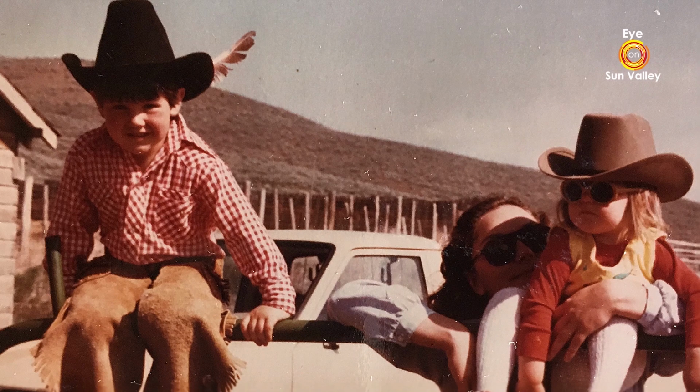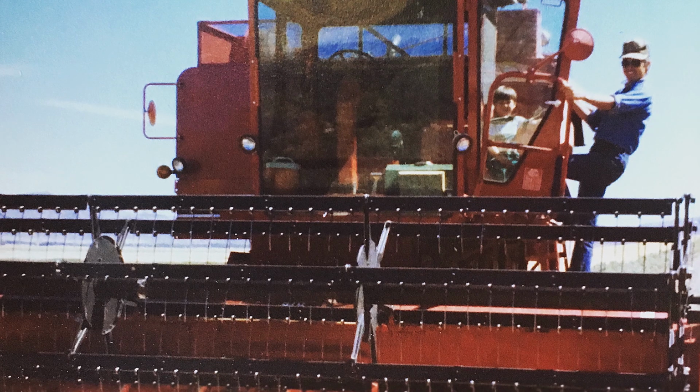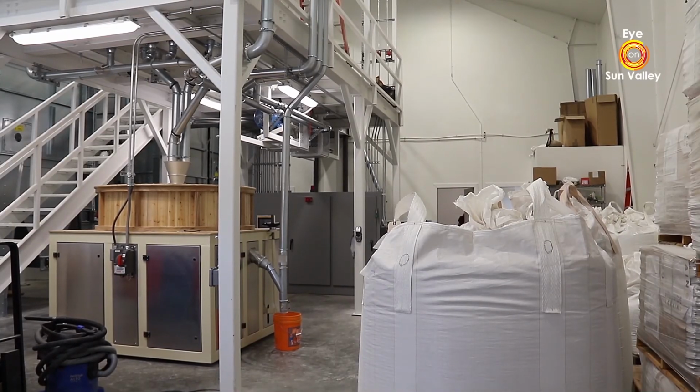I think our parents thought when we were young that we would move on and move elsewhere and get some other job, and they could never really quite get rid of us. We just kept coming back. So one motivating factor was to build on top of what my dad had already created, and the other was realizing that we're growing some great grain in this part of Idaho, and a lot of it is sort of lost, for lack of a better term, into the food system,